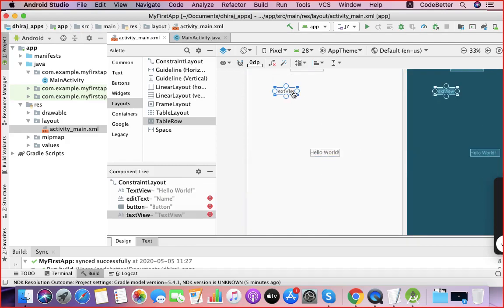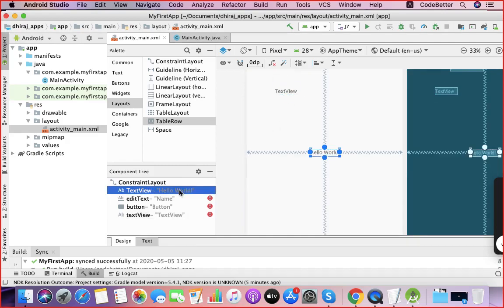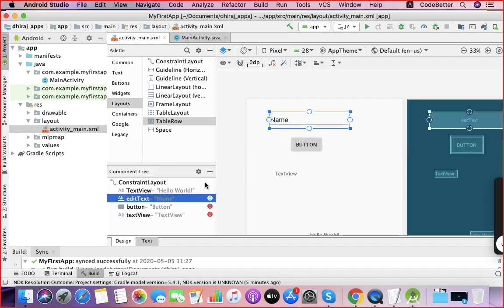In other programming we call it text field, but here we call it edit text. Then there is a button, and the button is known as button here.